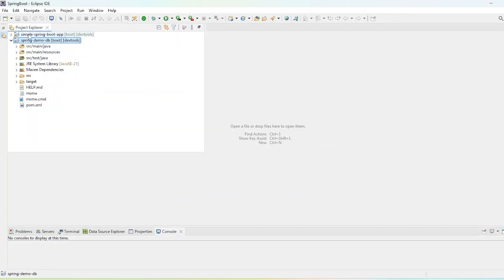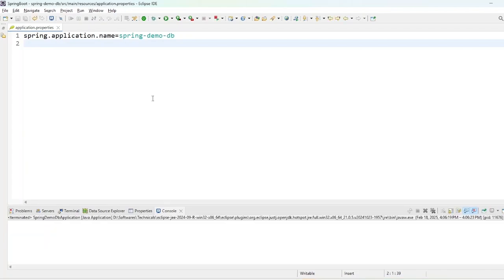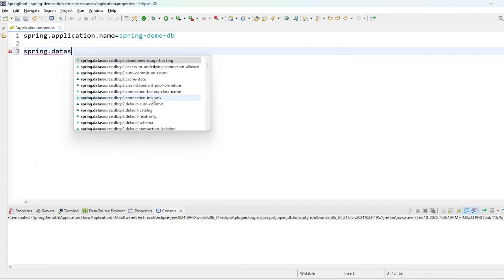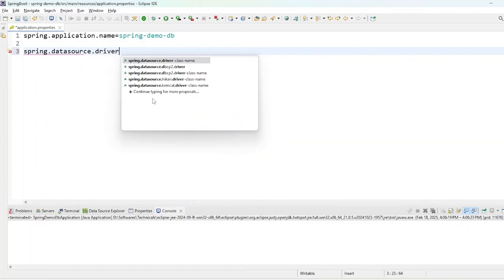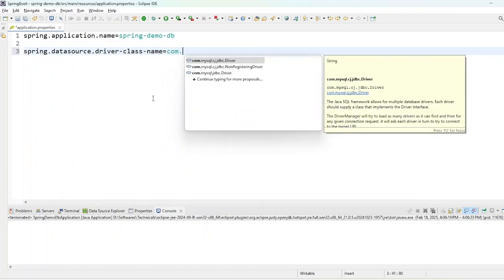Once the project is downloaded, you can go to the application.properties file where you are going to mention the database credentials. The reason we need to mention the database credentials here is that Spring Boot will automatically establish the connection. Let us enter database credentials, that is username, password, driver class name and the URL. Firstly, we will enter the driver class name, that is going to be datasource.driver-class-name. As I am using MySQL database, the database driver name is